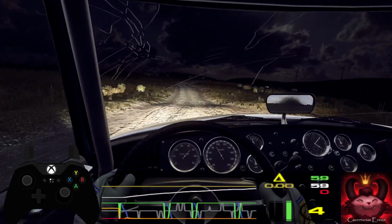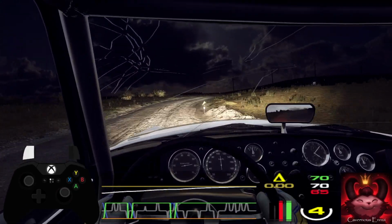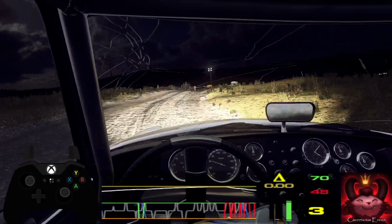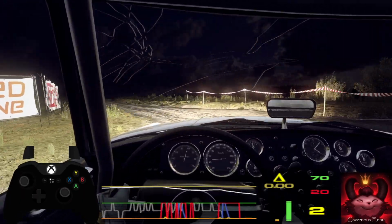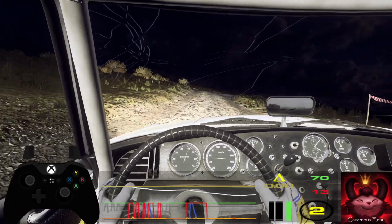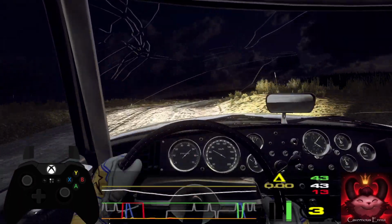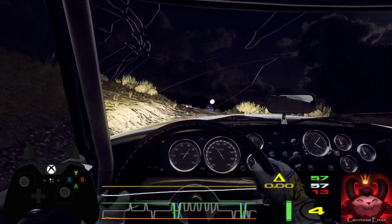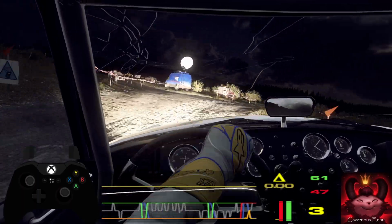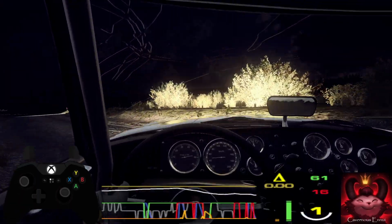tightens 3 of a crest, into turn, hairpin left. Into 4 right long, tightens of a crest, into 4 left long, into slow, turn unseen, 2 right, immediate, square left. 60 over crest, 3 right, tightens over crest, 4 left,